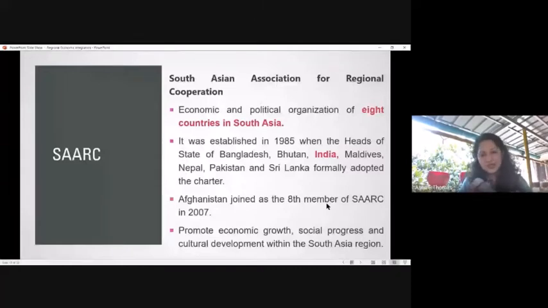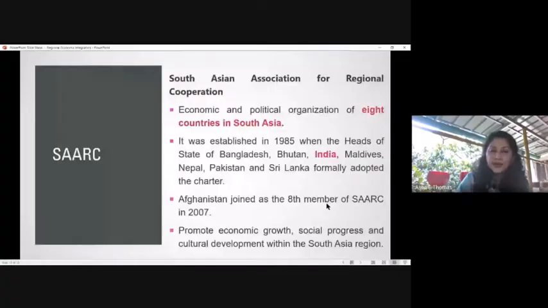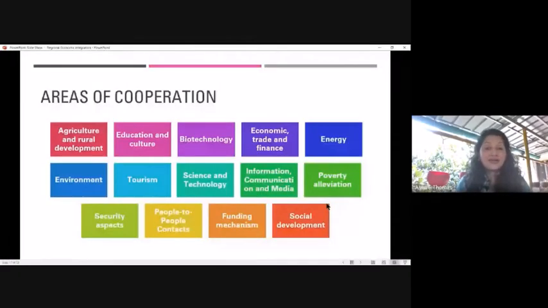If you check the kind of activities they are engaged with, the guidelines being formulated by both these bodies, ASEAN and SAARC, are almost the same. That goes with economic growth, social progress, and cultural development in the member countries. That's the basic idea behind the South Asian Association. And these are areas of cooperation, not limited to, but specifically identified by SAARC. I went into detail on that because we are also a member in this international integration, where agriculture and rural development, education